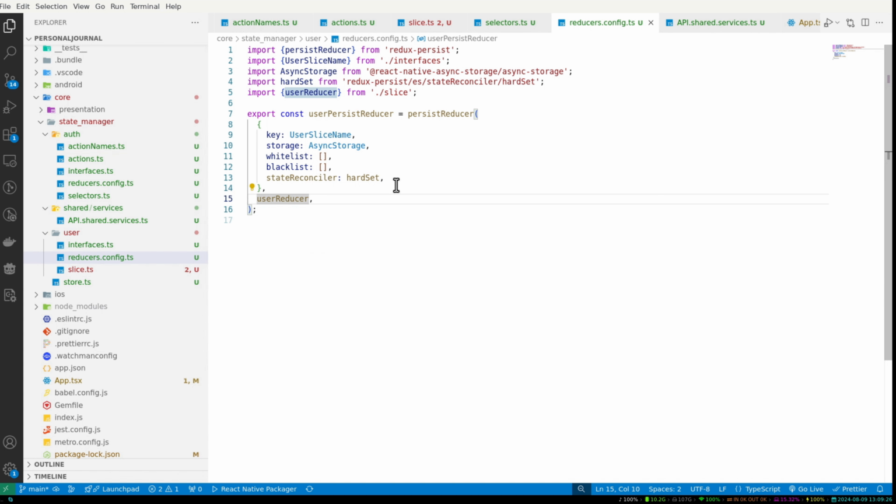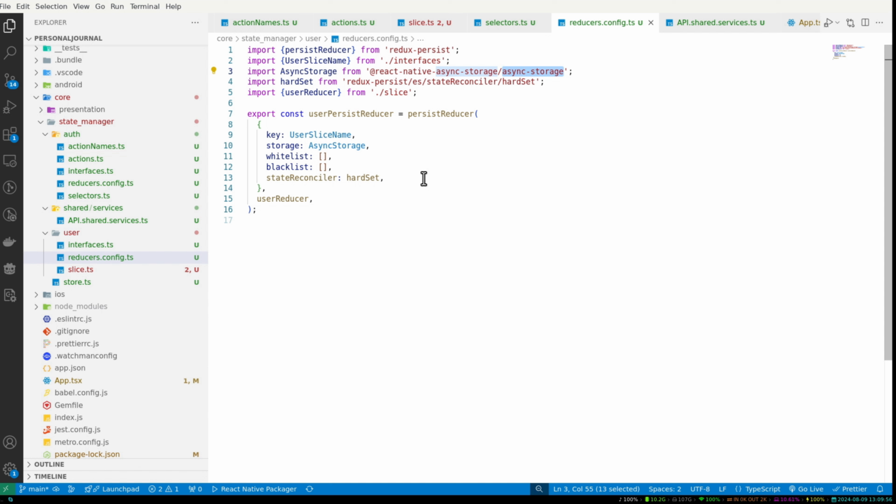You remember we said we will be using a couple of things: persisting our local storage, and having a way to know if the user's token is valid. In a React application, we don't have hold of the local storage, because that only applies to the web. So in this case we are going to be using persist reducer, and what persist reducer does is that it makes it so easy for us to decide the fields that we are going to persist in our local